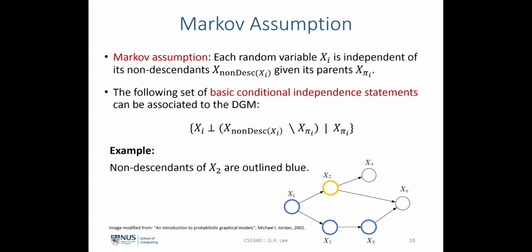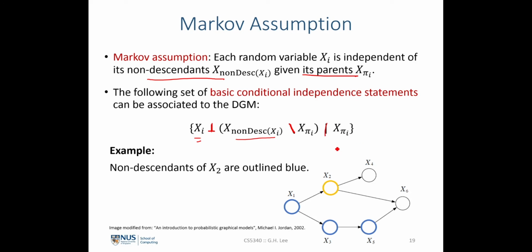And we have seen earlier in the example of the family tree of Bart Simpson that there is a Markov assumption where each random variable becomes independent of its non-descendants given its parents. So we can write this as a conditional independence statement where xi is the random variable that we are interested in, and it becomes conditionally independent, and we use this symbol here to represent it, of the non-descendants of xi, excluding the parents of xi,